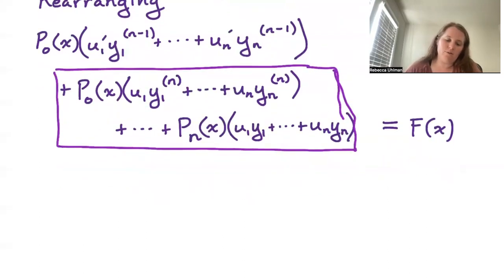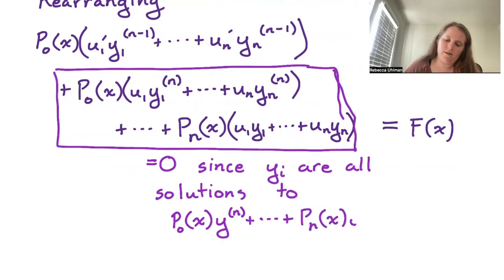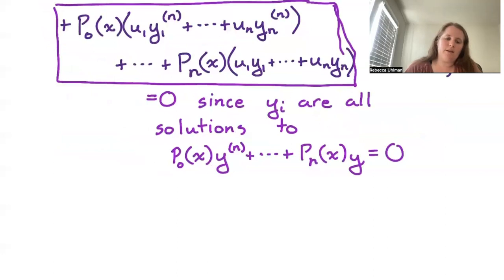This is actually just equal to 0 since the yi are all solutions to p0 of x times the nth derivative of y plus all the way down to pn of x times y equaling 0, the homogeneous equation. So we wind up just getting that the original differential equation